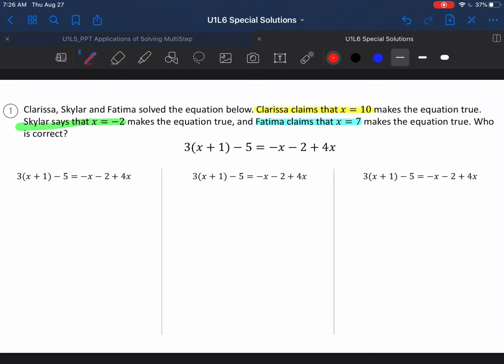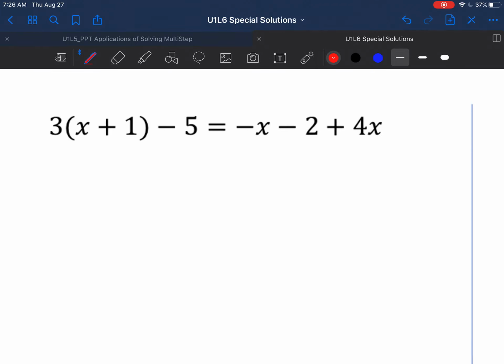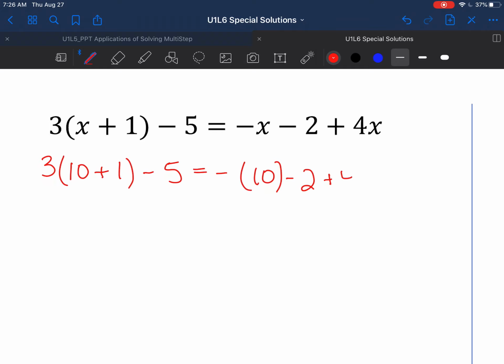If we work with Clarissa, she claims that x equals 10 is a solution. That means that everywhere I see an x, I'm going to substitute a 10 in its place. Just like so. If we go ahead and simplify,